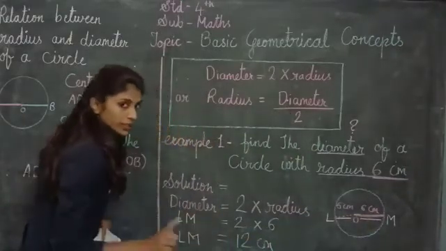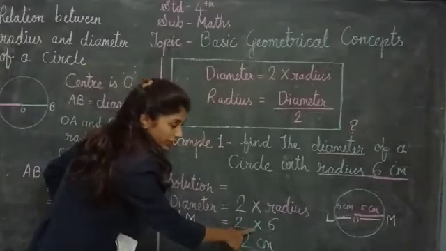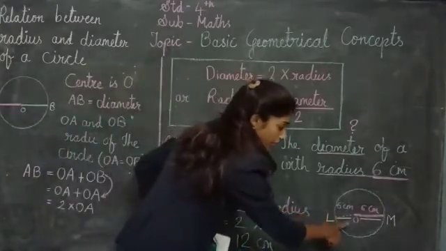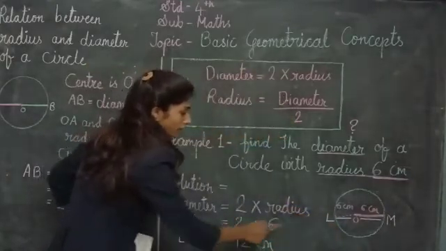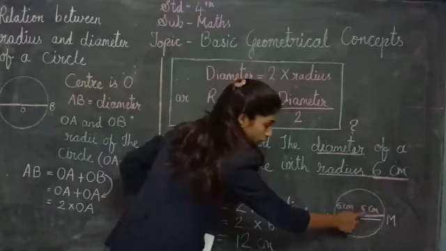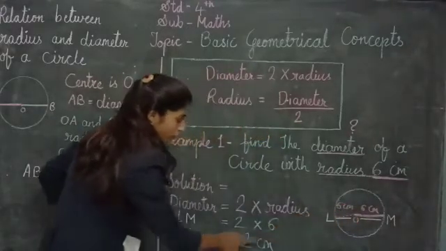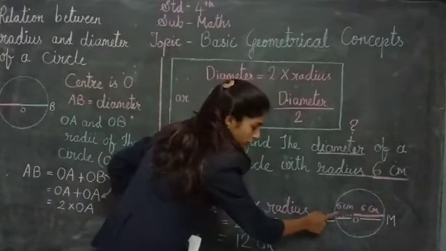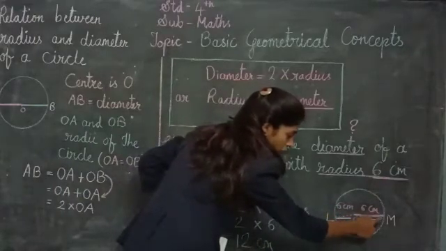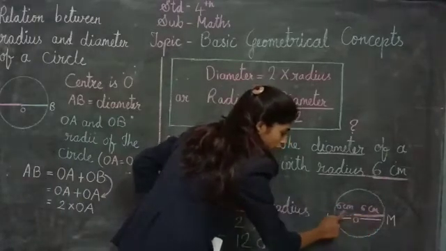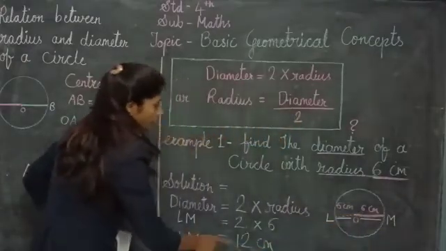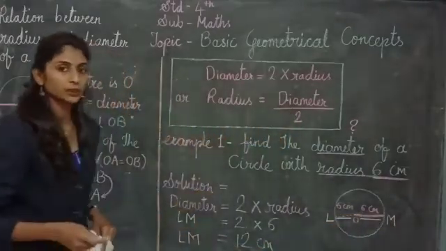Now children, don't get confused that here ma'am has written multiply and here ma'am is showing addition. No, this is twice of this. Twice means 6 twos are 12. And this is the half part of the circle and this is the other half. So 6 plus 6 is equal to 12. This was the first example.